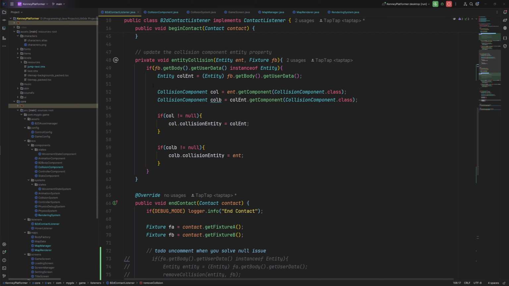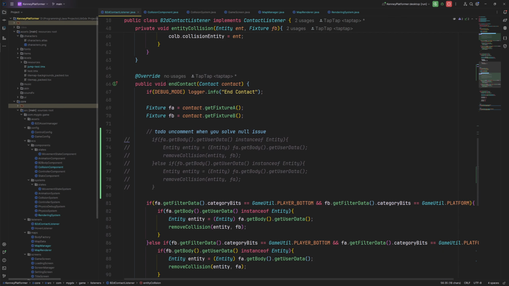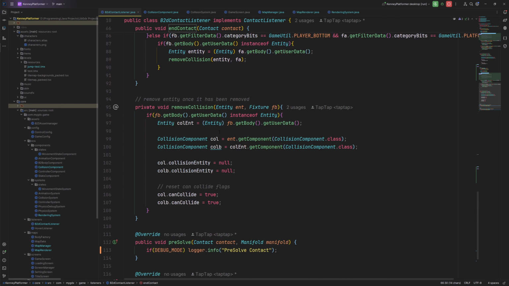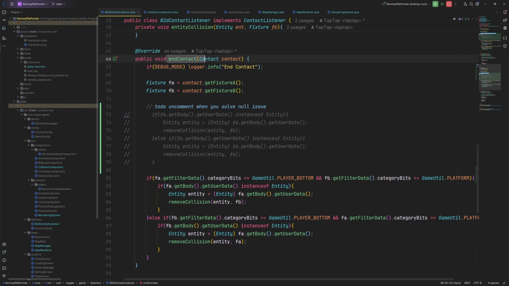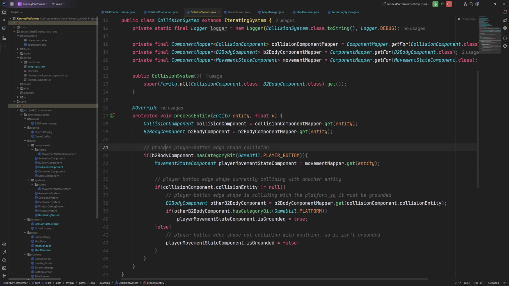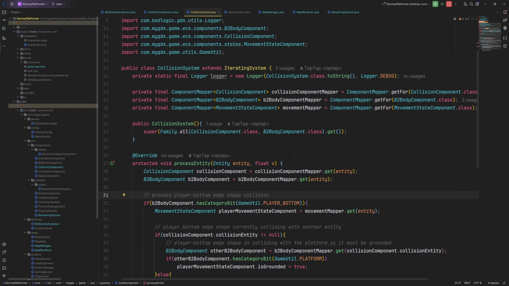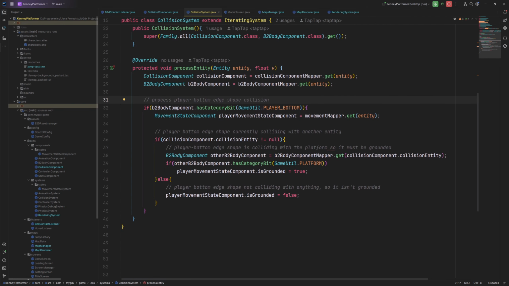where we basically set the collision entity to be the other collision, and we also do it for the other collision entity so that they sync up. And then when we end the contact, we're removing the collision from the collision entity component. And this is important because in our collision system, which processes the collision component, we first check to see if the current entity that we're processing has a B2 body component that contains the player bottom category